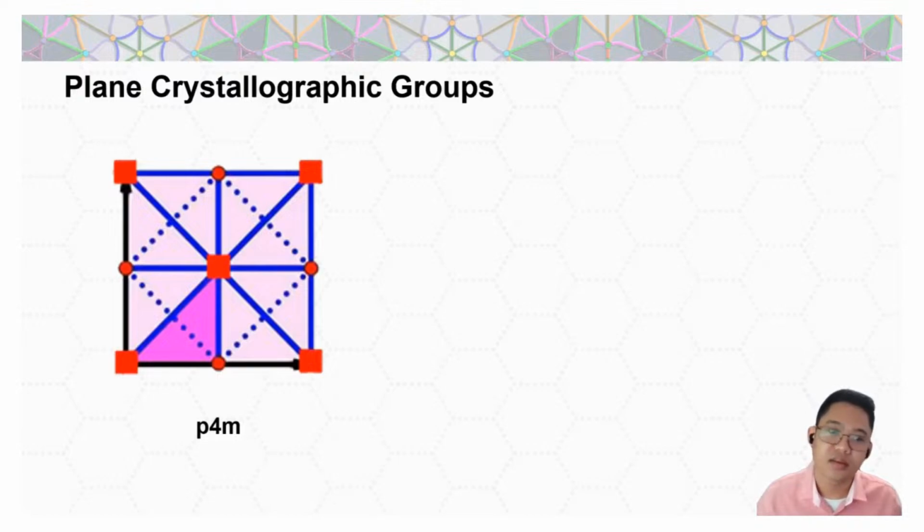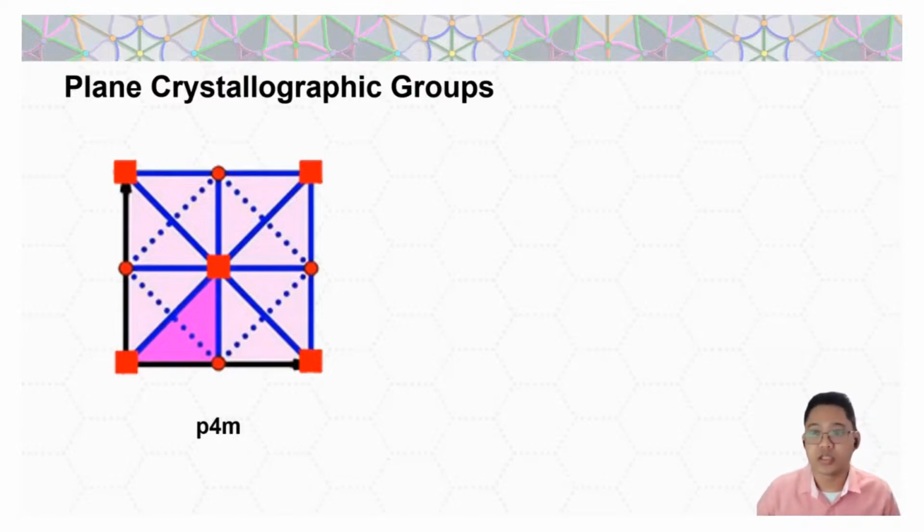Those red squares are centers of rotation, a 90-degree rotation. All the circles are centers of rotation as well, but they are 180-degree rotation. We also have a dotted line here. That dotted line is an axis of glide reflection, while the black line here is a vector,